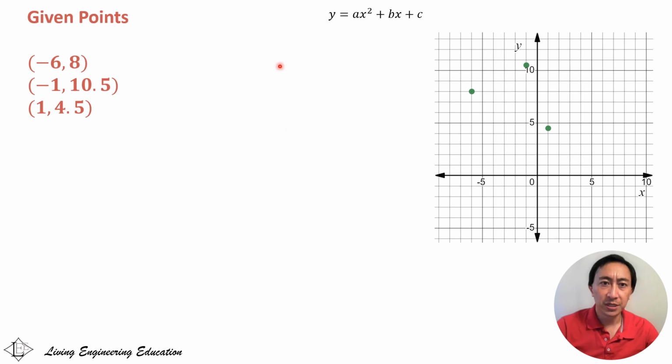All right, so in this example problem, we're going to do the same thing we did in the previous one, but instead of giving you the final equation and the graph, I'm only going to give you the 3 points. So I'm giving you -6 and 8, that's right here, -1 and 10.5, that's right here, and 1 and 4.5, that's right there. So I want you to see if you can visualize what parabolic graph or line falls on each of these 3,